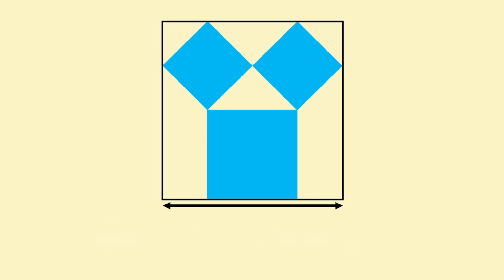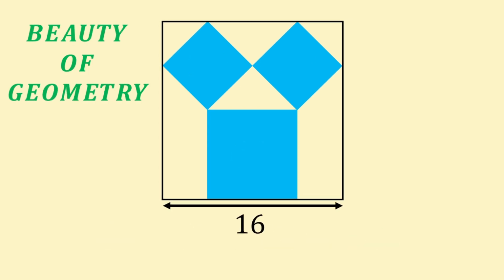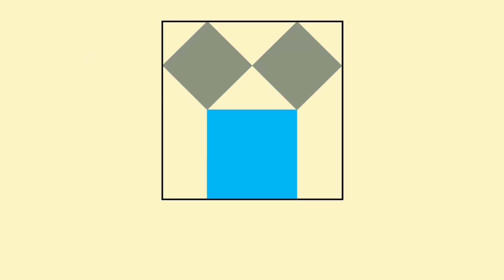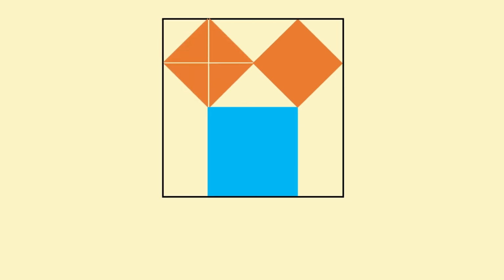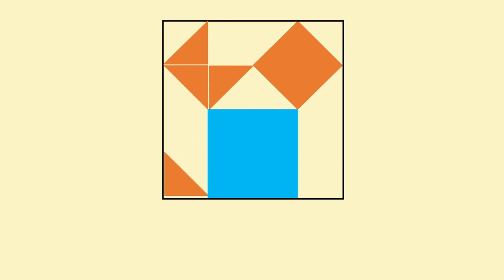Here's a visual solution. To keep track of where our smaller squares are going, let's turn them orange for now. First, break the smaller square into 2 triangles, then into 4 triangles, like so. Slot one of them into the bottom of the left gap. Take another triangle to fill in some more space. Likewise, take the other 2 triangles to complete the gap. We filled in one of our gaps with a square.